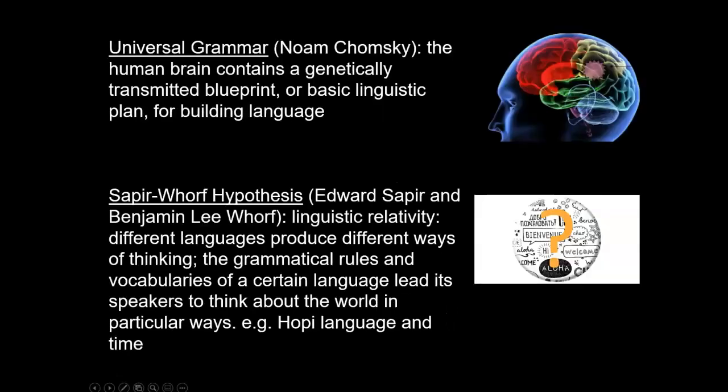All right, so back to those key theories that I mentioned on the previous slide. In the field of linguistics and thinking about the universal elements of language, we have the concept of the universal grammar. This was first put forward by Noam Chomsky. And the concept of the universal grammar is that the human brain contains basically a plan. It comes hardwired into the brain. And that plan is the basis for all language learning.